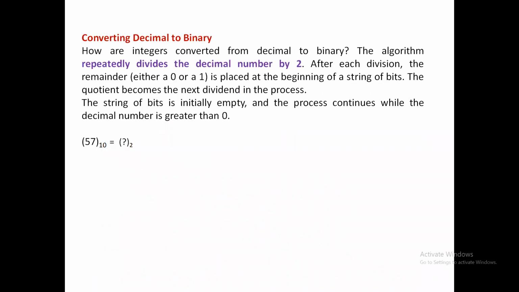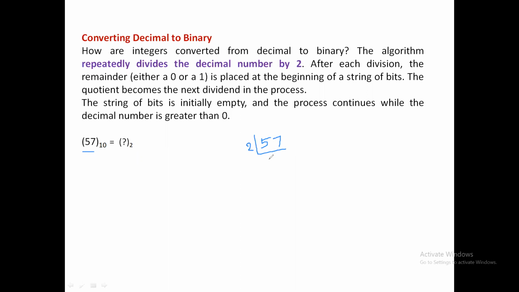Then the other important conversion we should understand is converting decimal numbers into binary. So how do we convert decimal numbers into binary? We know that decimal numbers are converted by repeatedly dividing the given decimal number by 2 and taking the remainders in reverse order. So we know this process. Now let us calculate the binary equivalent of a given decimal number 57 here. What you need to do is take that 57 and then divide that number by 2.